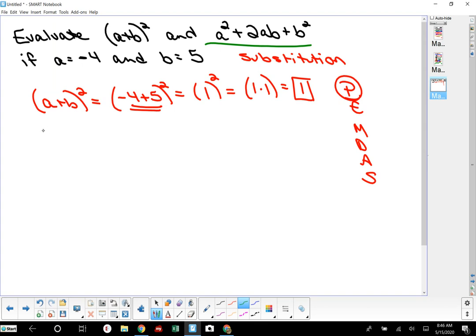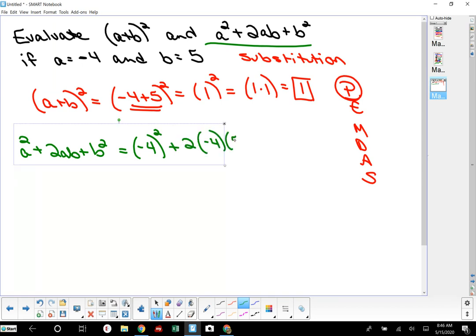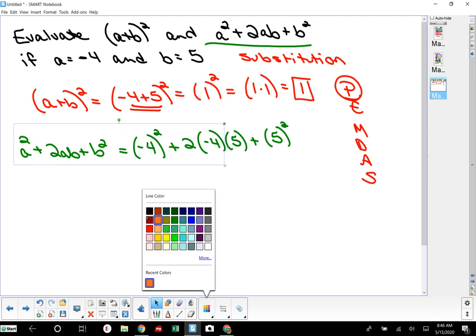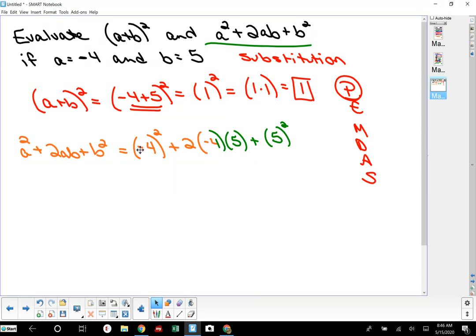And then we're going to do this guy. So a squared plus 2ab plus b squared. We're going to substitute. So substitute -4 into a set of parentheses. If you use a calculator without parentheses here, you're going to get the wrong answer every single time. So if you have single numbers that you're squaring, I would highly recommend that you put parentheses around those things. All right, so moving forward here, if I... Oh, my colors just changed. It's so strange. All right, so I'm going to take -4 squared,